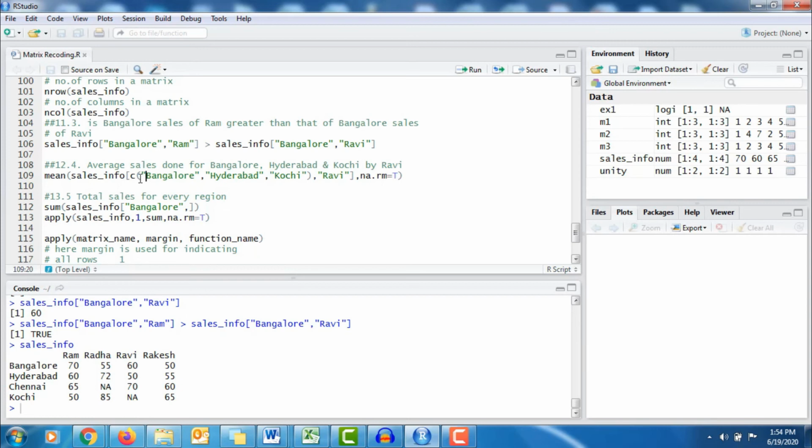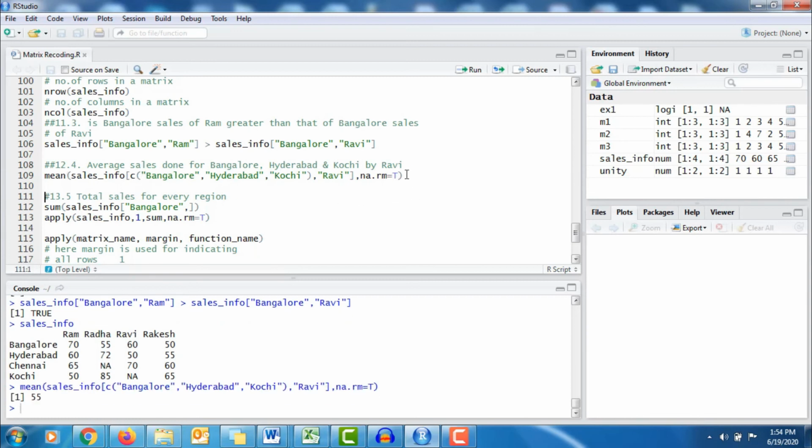So to get your mean or average calculated for the sales value, use na.rm equal to capital T to ignore your missing value. Now you can see that you got your average sales calculated as 55 for Ravi for locations such as Bangalore, Hyderabad and Kochi.